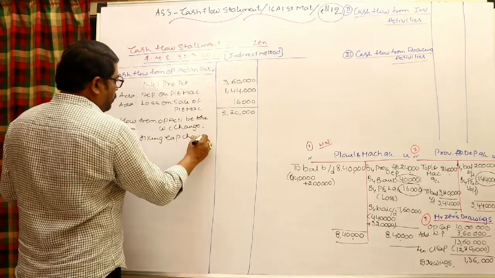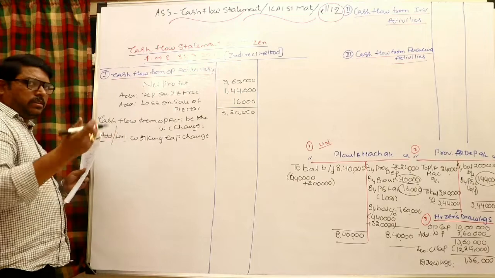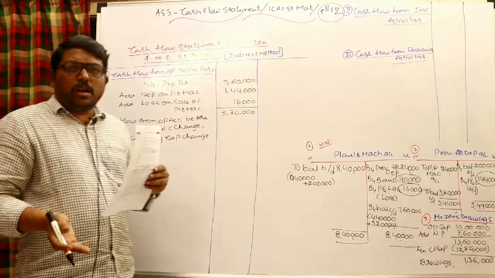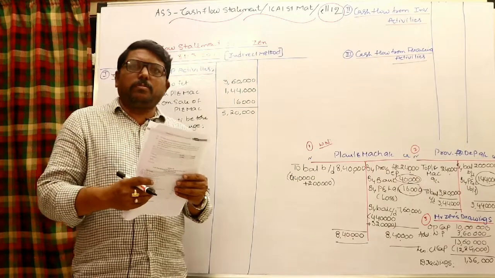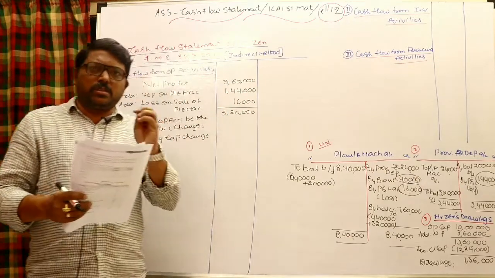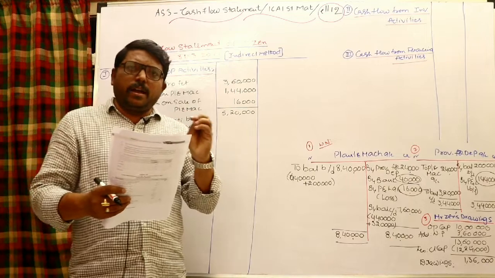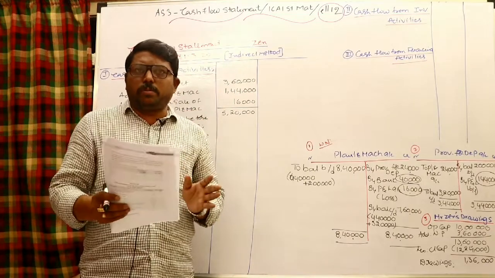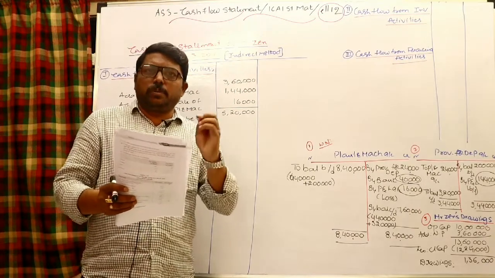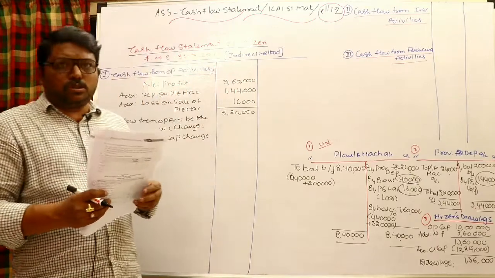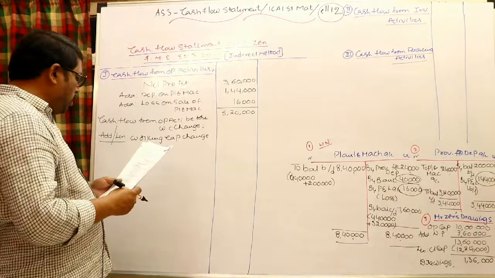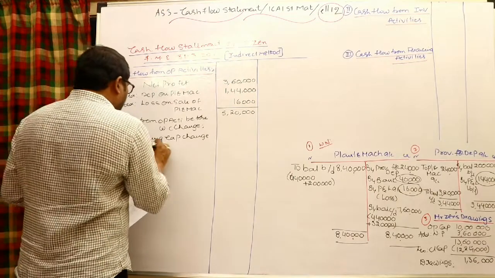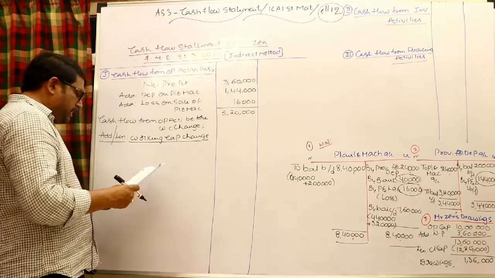Working capital change, simply: current asset increase is outflow, current asset decrease is inflow, current liability increase is inflow, current liability decrease is outflow. Very importantly, while taking working capital change, cash and bank and even cash equivalents difference should not be taken. Provision for tax and proposed dividend difference also should not be taken. They are not like current liabilities, and you should not take them here. So then add or less working capital change you may consider here.